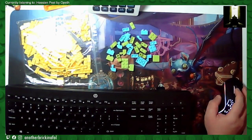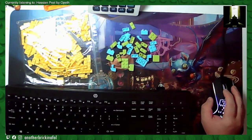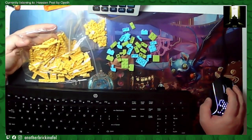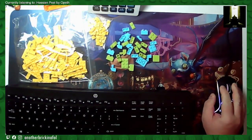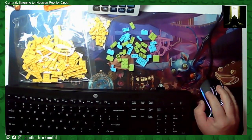Hello. Let's let it glare on those. But these are yellow parts that I ordered with my most recent bulk order on Bricklink. And they are going into a mosaic, which I need to make sure I have fired up, ready to go on